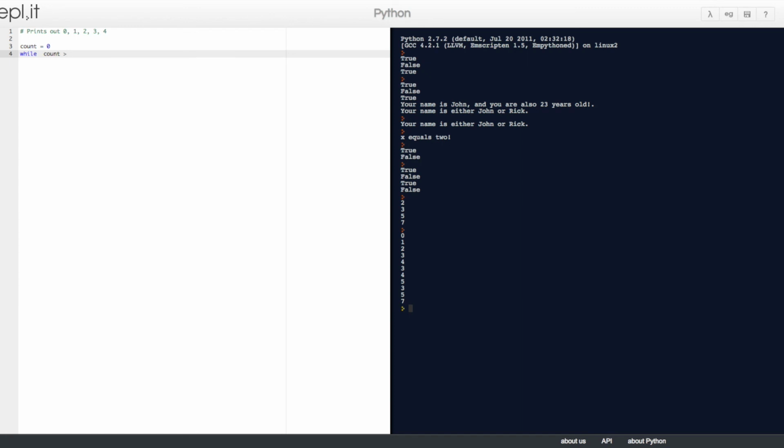While count is less than 5, colon, and then we indent the next line. We want it to print count, but also after it prints the count, we want the count to add 1, and it will add 1 to the original count, and then that result will become the new count.